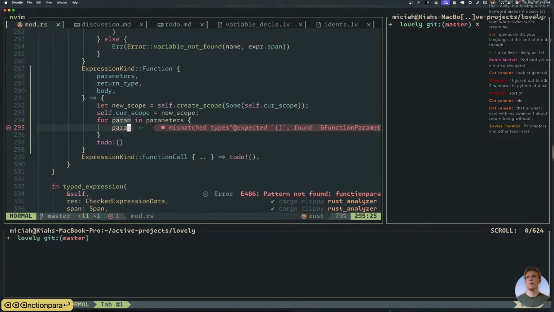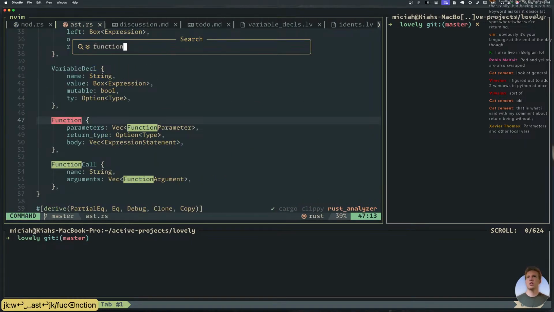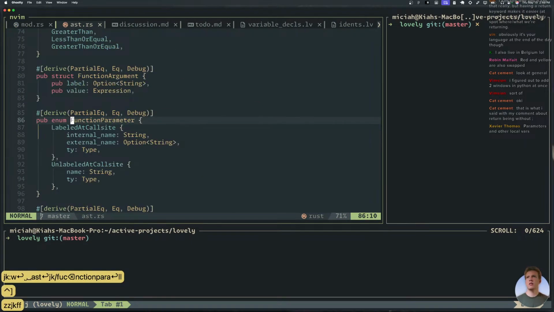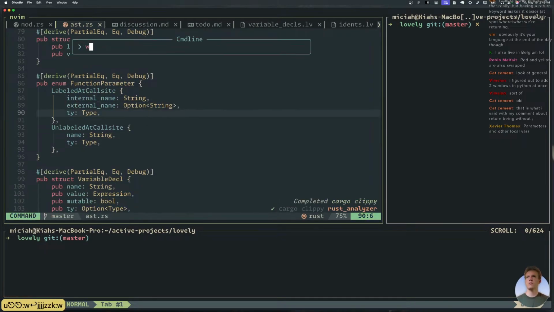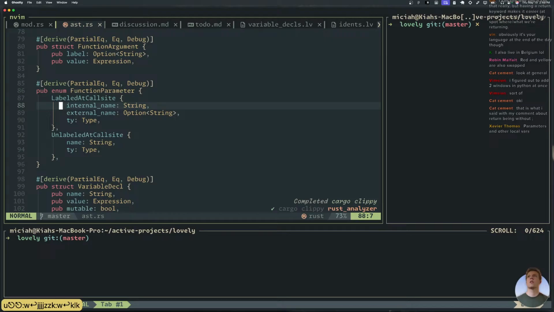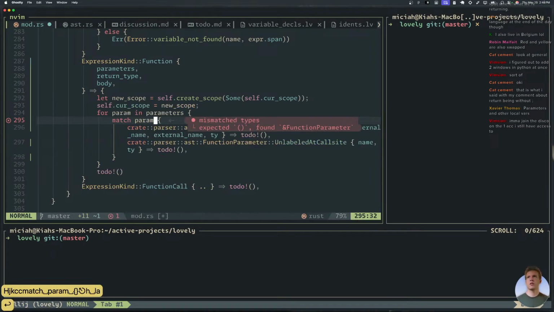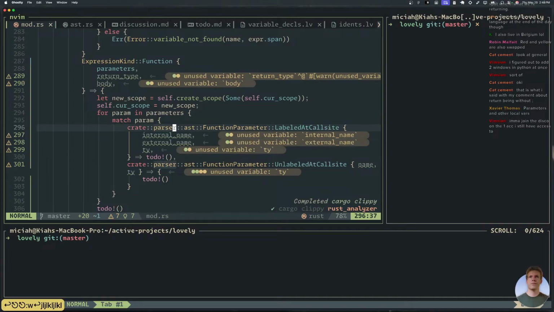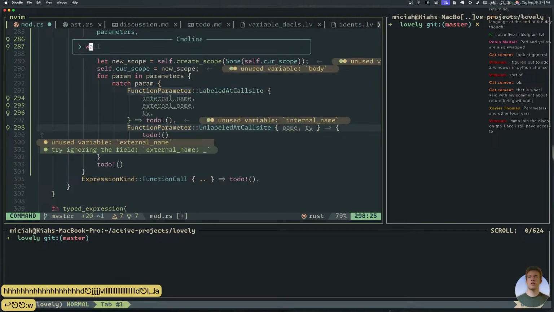Function parameter is, yeah, it is, okay, because it can either be labeled or unlabeled at call site. Okay, so we just need to match on that. Match param. Get rid of that and get rid of that, and then pull these in. Okay.